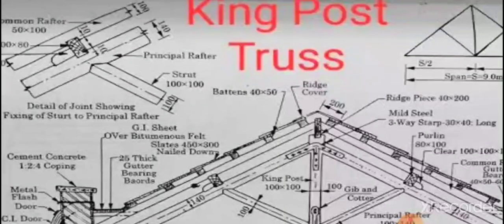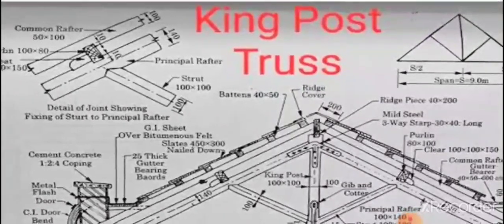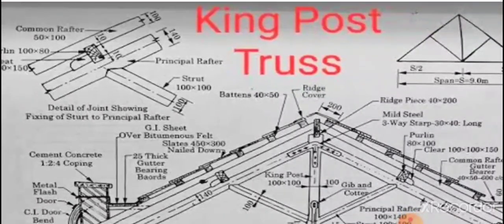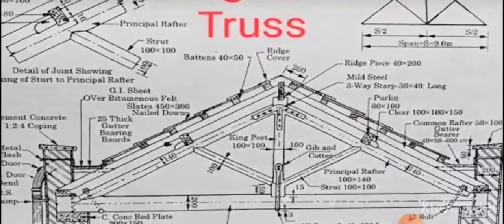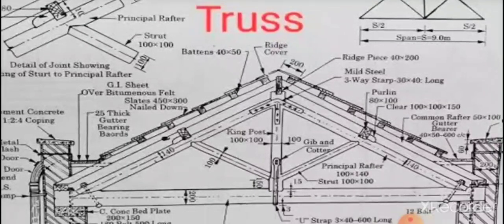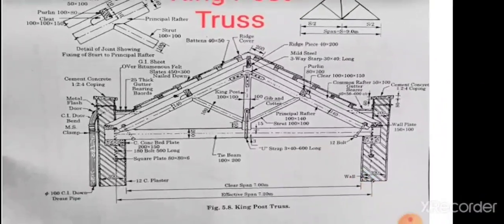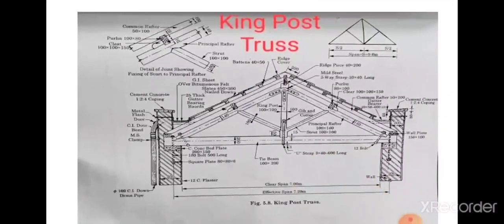And above the battens there are the GI sheets, the galvanized iron sheets that are provided here. You provide 6 battens on either side. And if there is any dimension missing in this particular drawing, you can clearly assume it in proper ratio. Things will be more clear when we look at the 3D views of the truss.